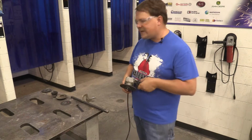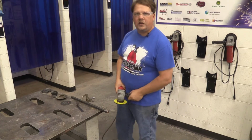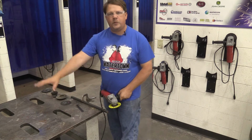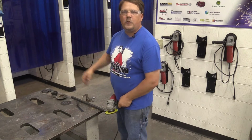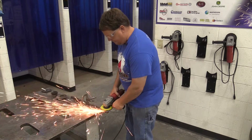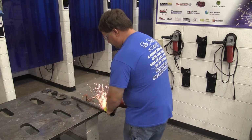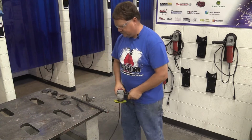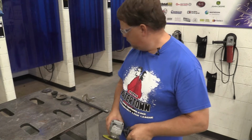So some things to watch out for. Make sure you're not sending those sparks right into somebody else's face or in somebody else's work area. You can easily direct them depending on where you're cutting. So I'm going to start here and get some sparks, and you'll see with just a little bit of movement, I can direct where I'm sending those sparks. So if I got somebody working at the table right here, I can make sure I'm sending them away from that person. So you as the operator do have control of where you're sending stuff on this particular tool,